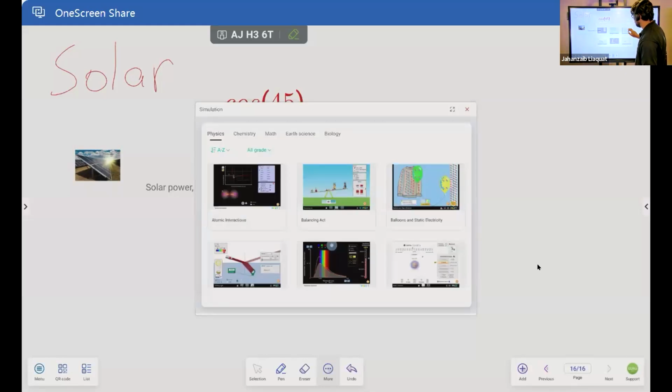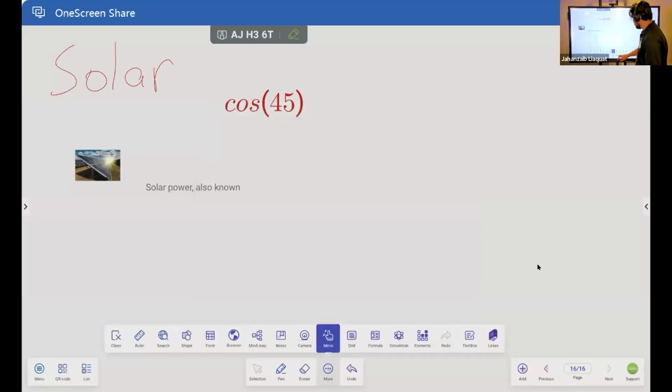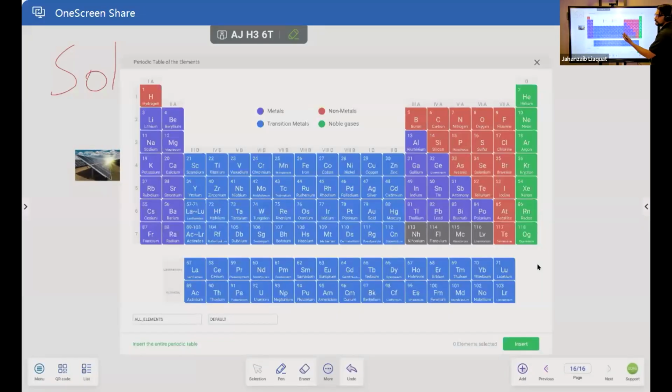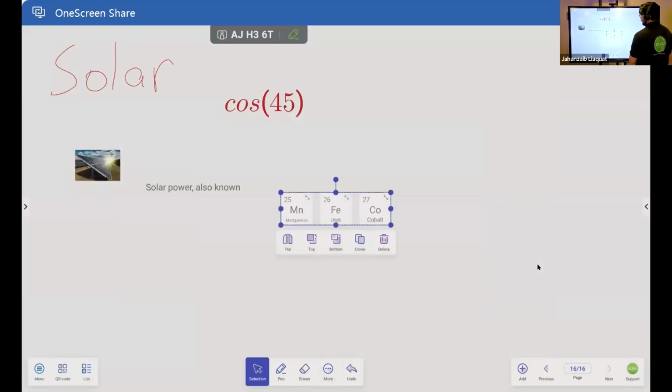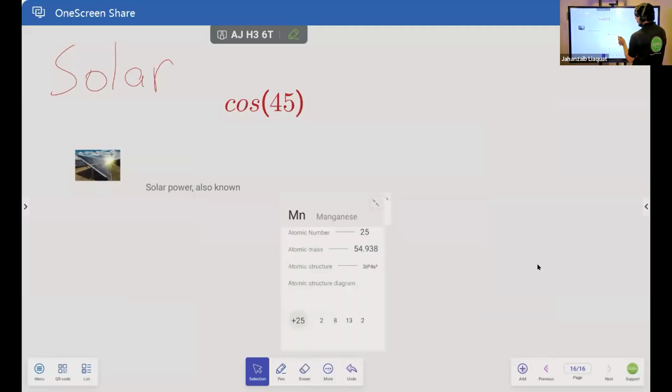Now, if I close this one and go to the more section, we have the elements. If the teacher is discussing the elements, he can select multiple elements and insert them into the OneScreen right. Now, interesting thing, hit there and it can give you the rest of the information about the specific element, like the magnesium, atomic number, mass, structure, atomic diagram, and